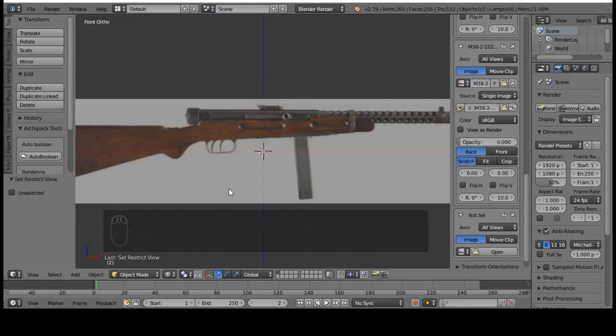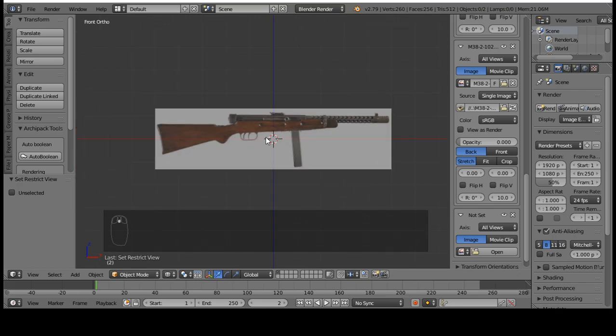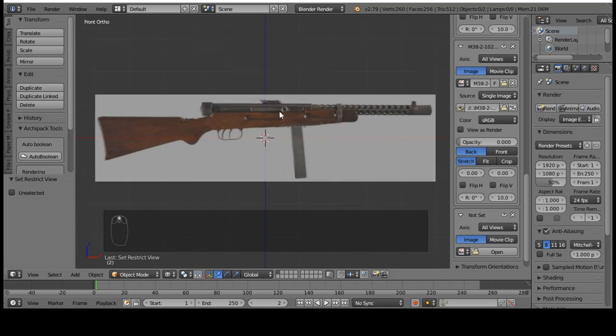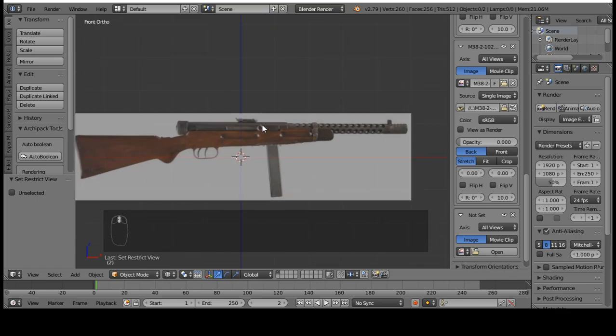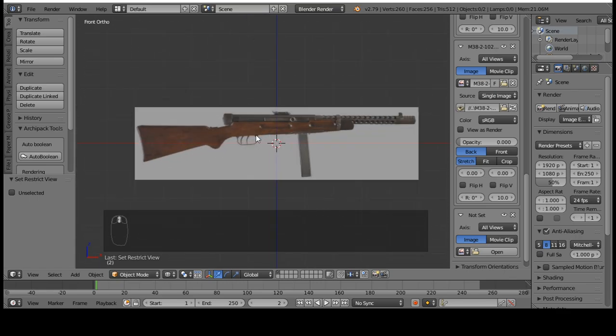I wanted to make a tutorial for you guys on how to make guns and give you a few tips on how to make other assets, or just overall tips and tricks that will help you with modeling pretty much anything. So let's get started. I'm going to divide this tutorial series into 5 parts. In this part 1, I will be covering most of the basic shortcuts in Blender, and from part 2 to part 5, I will actually make the gun. So this is just an overall quick intro